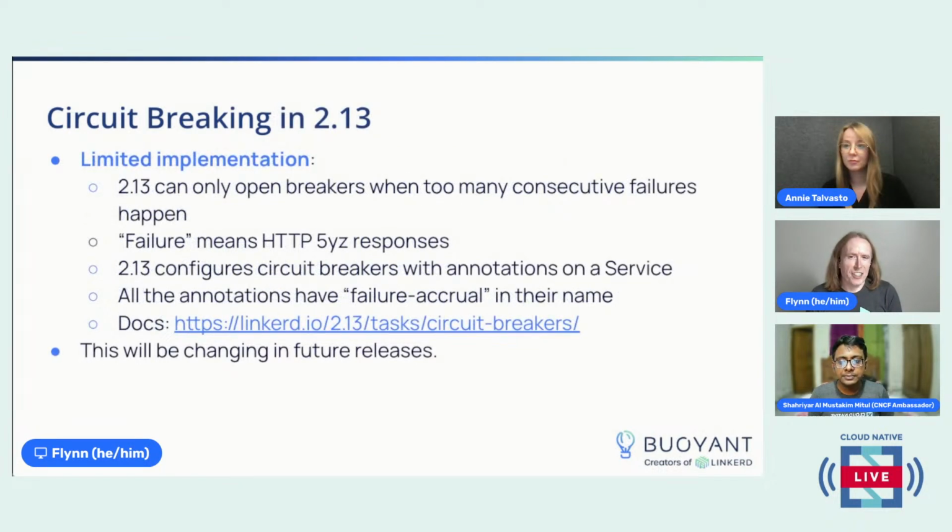The implementation in 2.13 is a little bit limited. Like I said, this is a very, very new thing. So 2.13 can only open the breaker when it sees too many consecutive failures to a given workload endpoint. And failure here means an HTTP 5 series response. In the future, you'll be able to do response classification. You'll be able to do things based on gRPC statuses and not just HTTP statuses, but this is the way